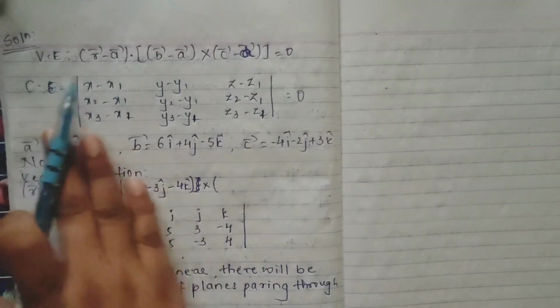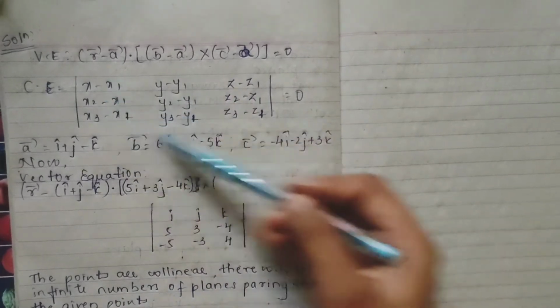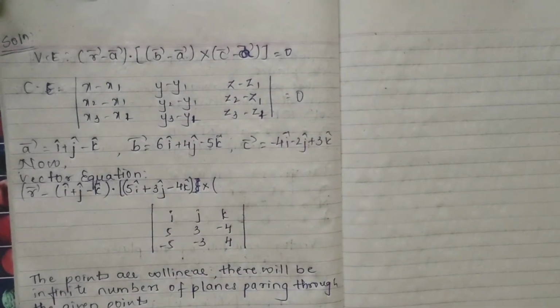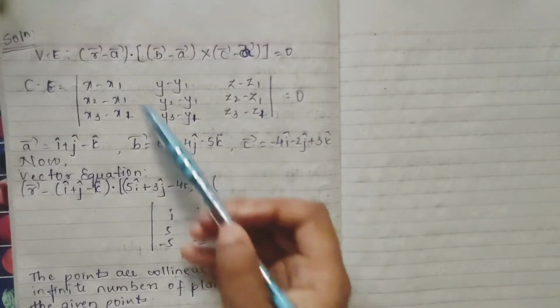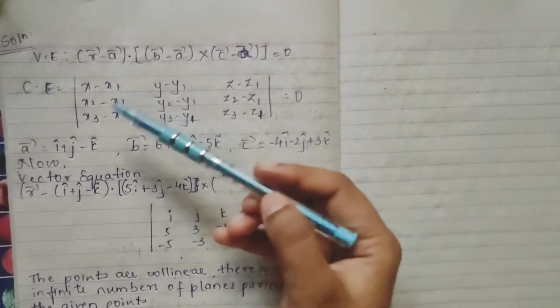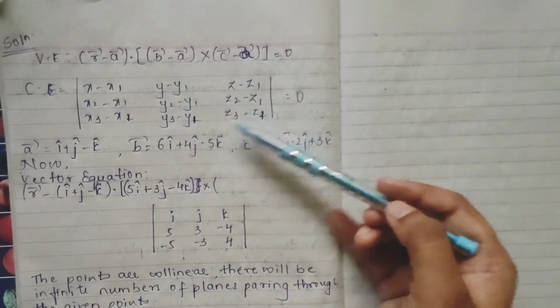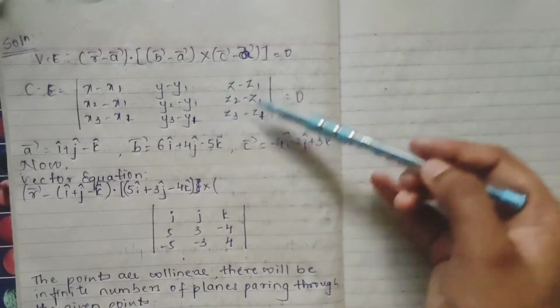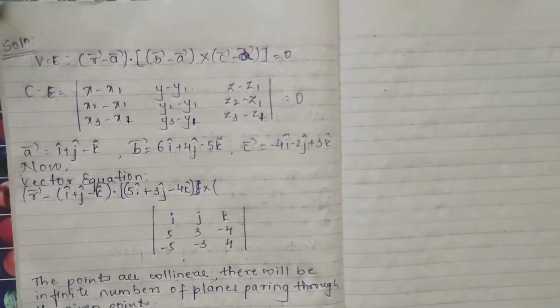This is your vector equation, and your Cartesian equation is the determinant with x minus x1, y minus y1, z minus z1 in the first row. Again and again I am telling you, you have to remember these formulas or else you can't do anything. If you want to remember this Cartesian equation, you can see here x, x2, x3, y, y2, y3, z, z2, z3, and here x1, x1, x1, y1, y1, y1, z1, z1. Like this you have to remember. You yourself have to create something so that you remember.